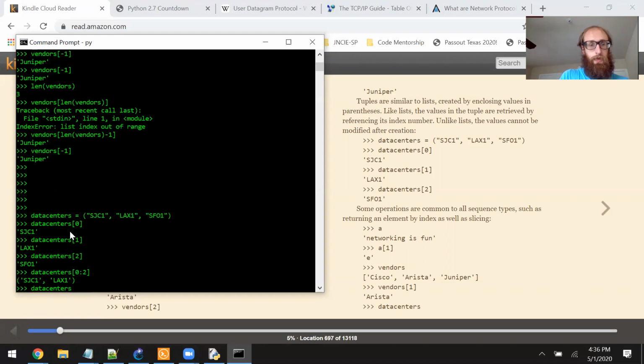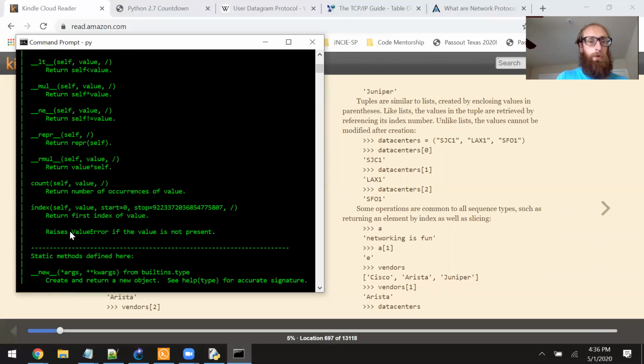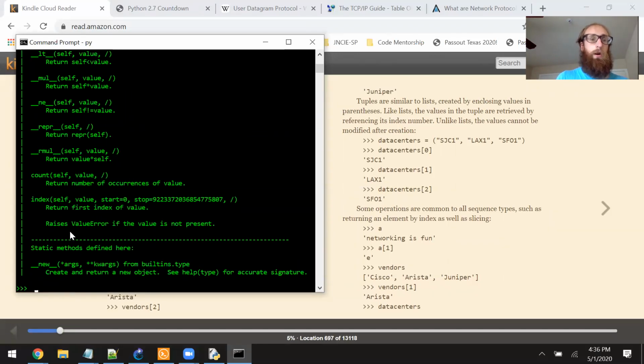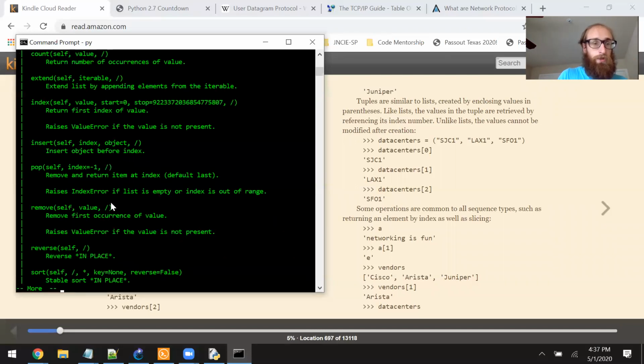But you could see, if we say data centers, if we do a help, you can see everything you can do. So all you can do is count and then return back the index of a value in a tuple. You can see in a list, vendors here is a list, since it's mutable,